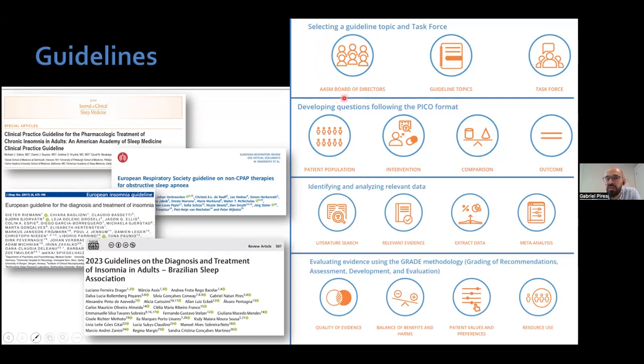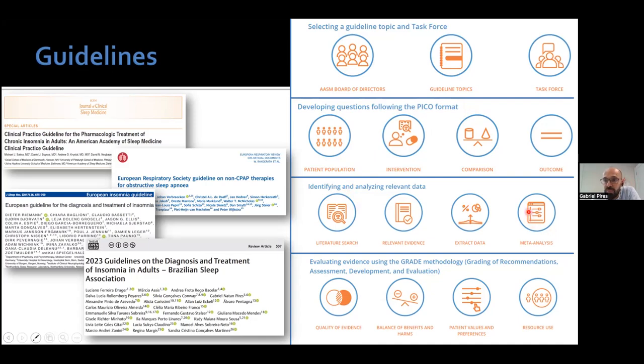Then we have to investigate and develop a PICO question very precisely. A PICO question, for those who haven't ever heard of this term, PICO stands for population, intervention, control or comparator, and outcomes. Every systematic review has to have these 4 items very well defined. Otherwise, we will be mixing oranges and apples in our systematic review. Once we have our question, we might be able to go into the actual systematic review, eventually evolving into a